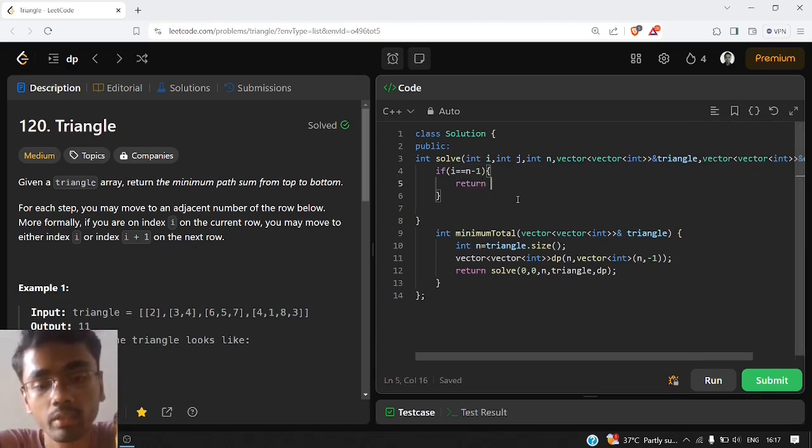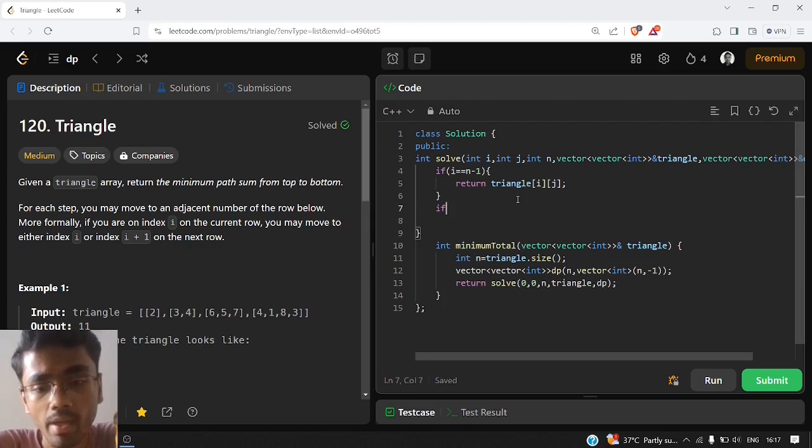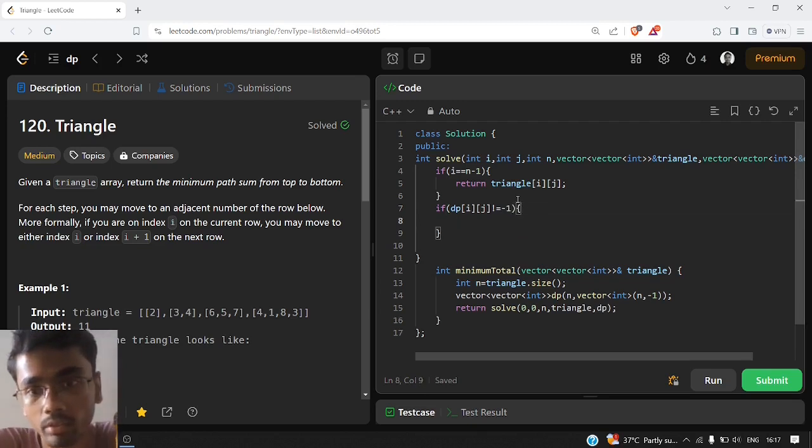So we need to return the number present there. So we'll return triangle of i comma j at that point. And for the dp part, or the memoization part, we will write this part, which will take care of the overlapping subproblems.